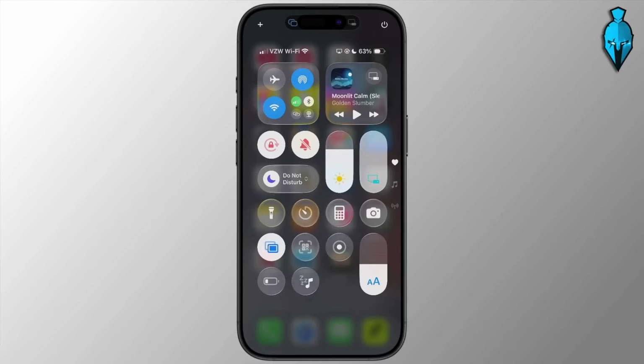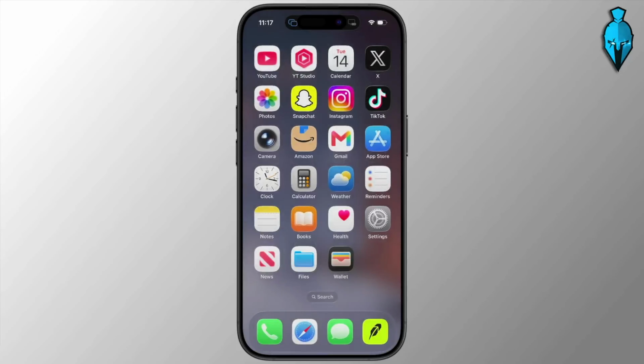In this guide, I'm going to show you how to verify your age here on iPhone. Now, in supported countries or regions, Apple may ask you to confirm your age before accessing certain apps, features,